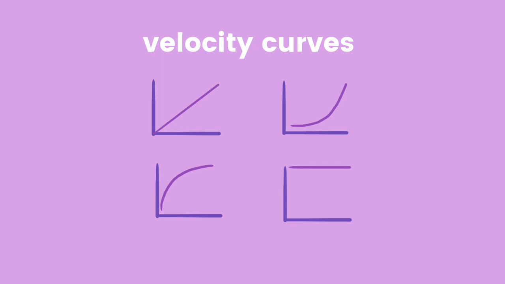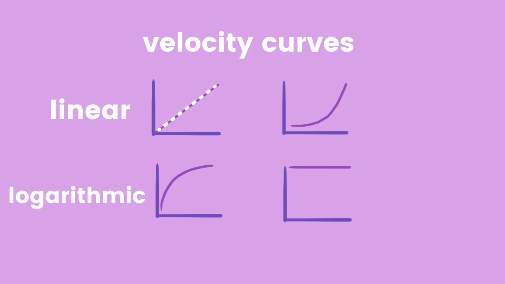Here's a visual representation of all the curves, and now I'll just go over each setting very quickly. The linear setting is basically the most expressive out of the 4. You'll be able to play soft, loud, and multiple velocity points in between, so you'll have the most control over dynamics with this setting. With the logarithmic setting, most of what you play will be on the louder end, unless